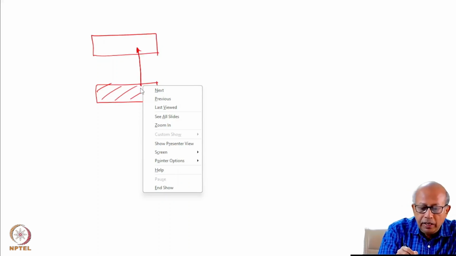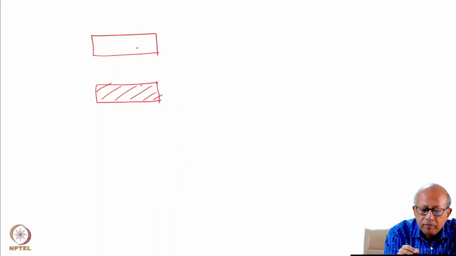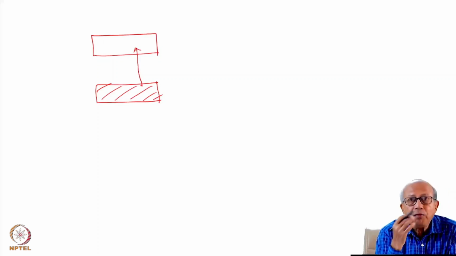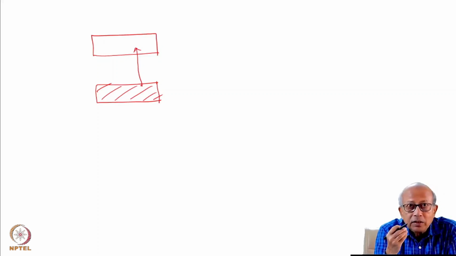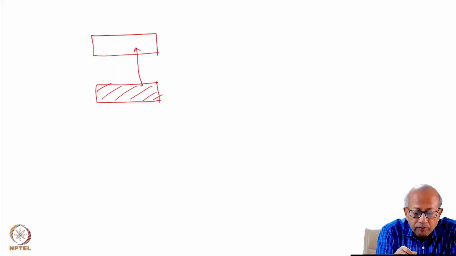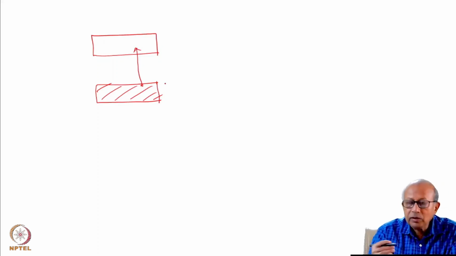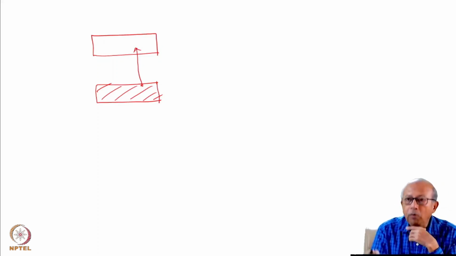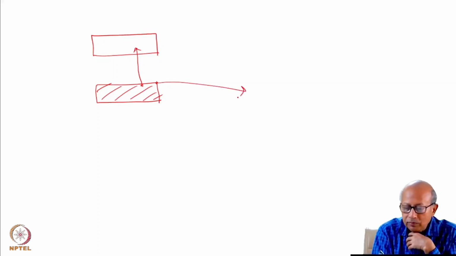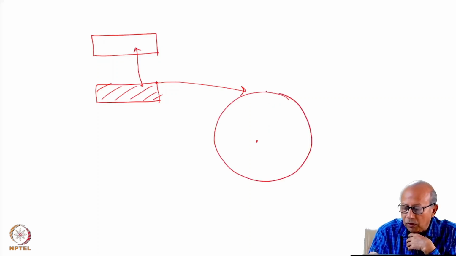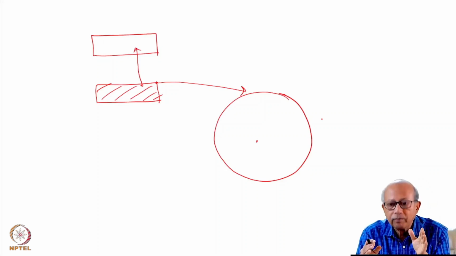Now, for this electron to be taken to the conduction band, you must be able to apply enough field so that the electron experiences enough acceleration, allowing it to move from the valence band to the conduction band. Now, if we consider this in terms of the orbit of the electron, this is the nucleus and this is the outermost shell, where the electron is rotating.